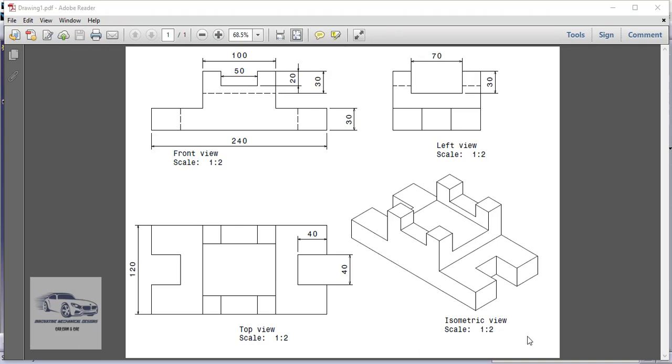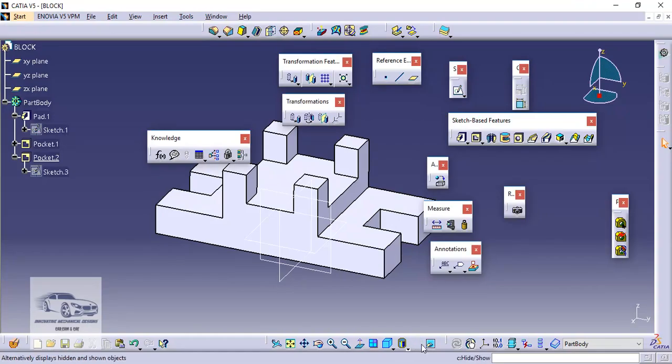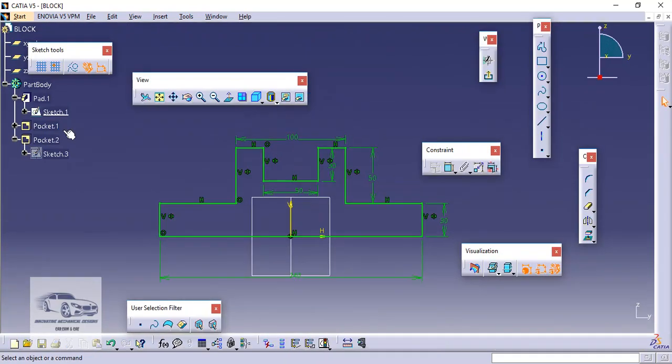Then loop by loop we can select the different portions in the master sketch to create the projection sketches as per our requirement. Always remember, when we are using the technique of one by one feature creation as we have done in the previous session, each and every sketch should be closed. For example, if we see this sketch, all the entities should form a closed loop.